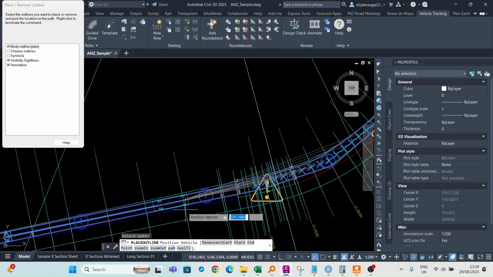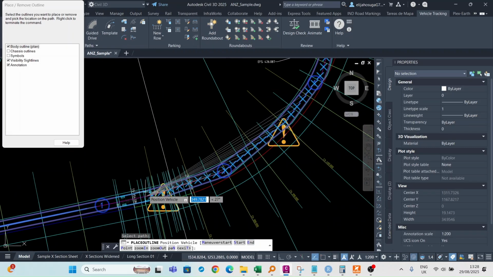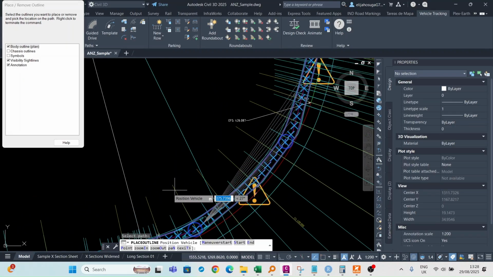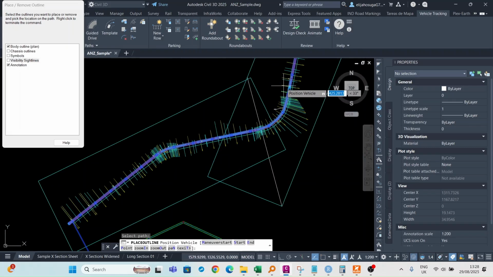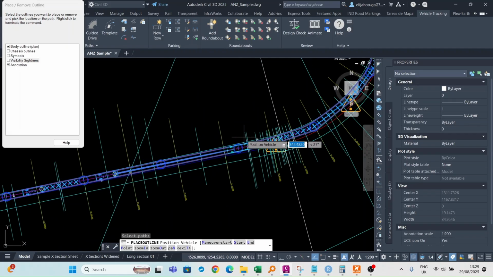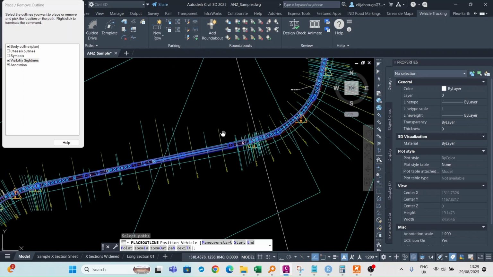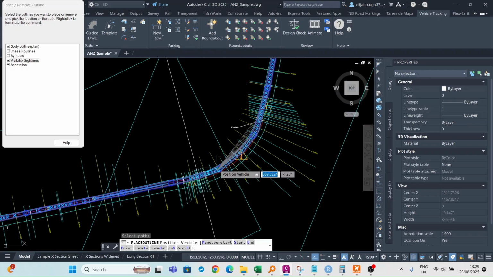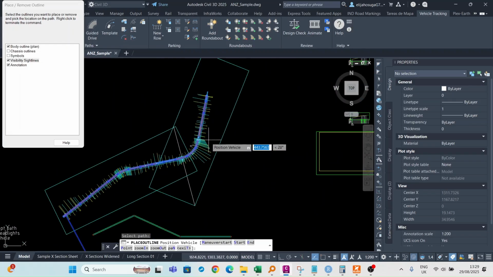So I'm adding a vehicle, and as you can see, when I'm maneuvering the corners, I have the headlights on. You can see the lines there that represent the headlights. That's because this visibility sight lines is checked. If I uncheck it, as you can see, if I maneuver along the corner, I'm not able to see the visibility sight lines. So you can turn on the headlights by just checking this, and as you move along, you'll be able to see the sides of your vehicle, and you'll be able to ascertain that your visibility angles will be okay. All right,